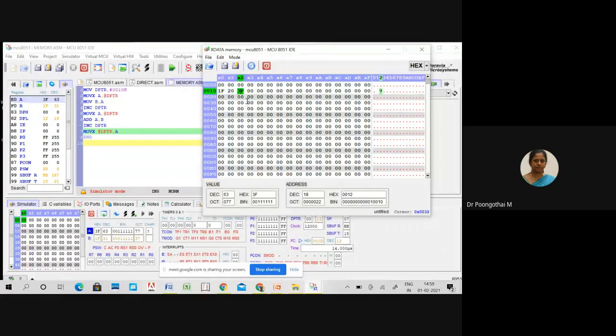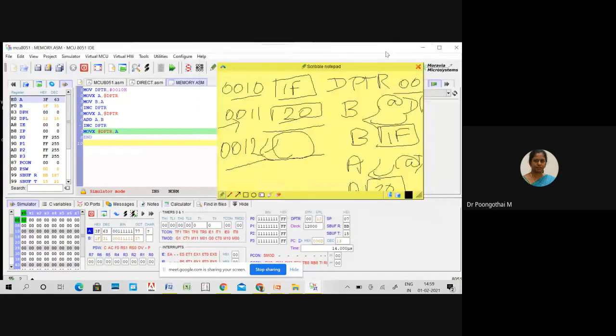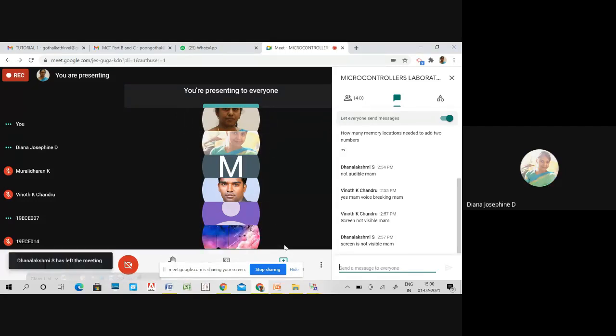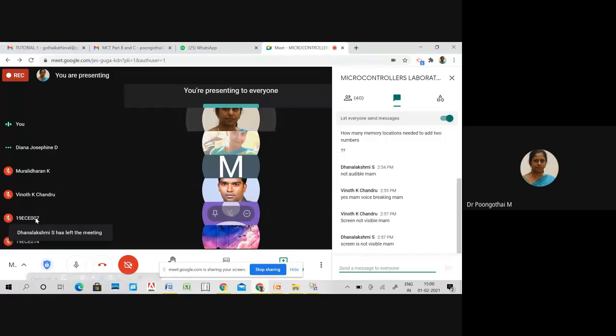So in this way, we can fetch the data from external memory. Is that clear? Ma'am, can we do this without incrementing the DPTR in the end? You have to increment, no? We have to increment DPTR to get the input from the next memory location.